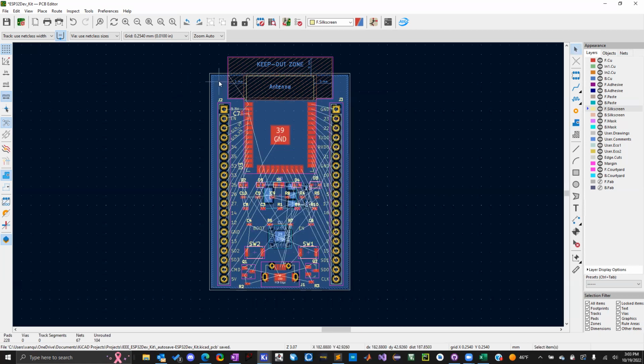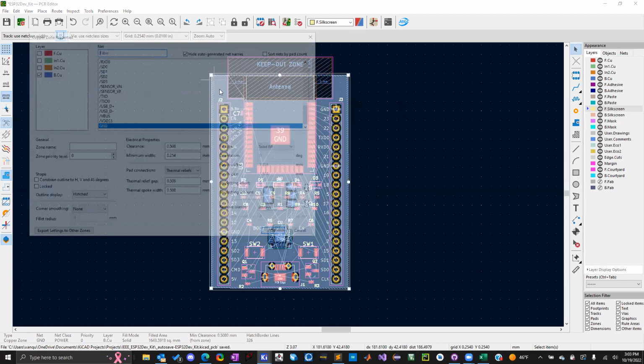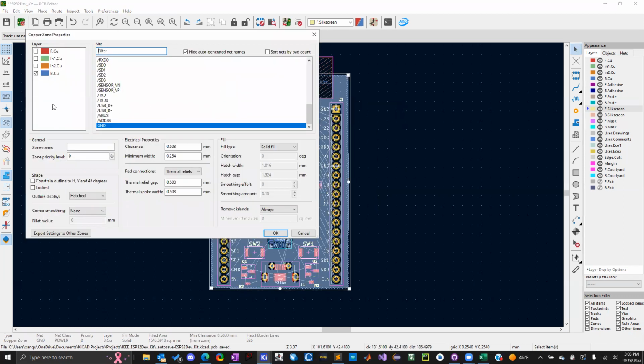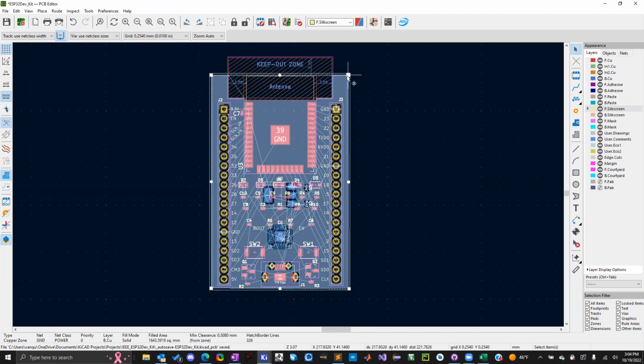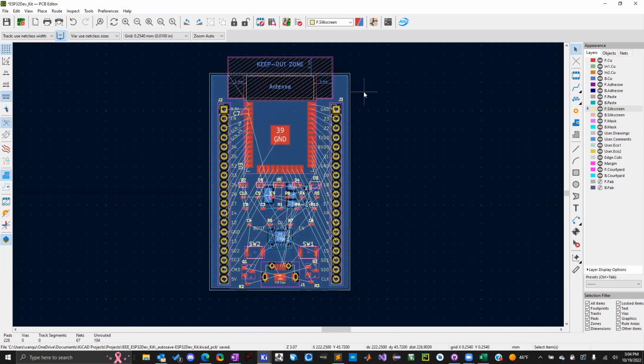Okay, well, when you have a blank zone, it'll come up with this and it'll have the copper layers. You want the back copper and it's going to be on the ground net. And then you'll click OK, and then it'll have you start placing all the four corners. You go all the way around and then you place it again where you started, and it'll create the zone. And then it'll have the hatch lines, but it'll be empty. So you click B, and B refills all the